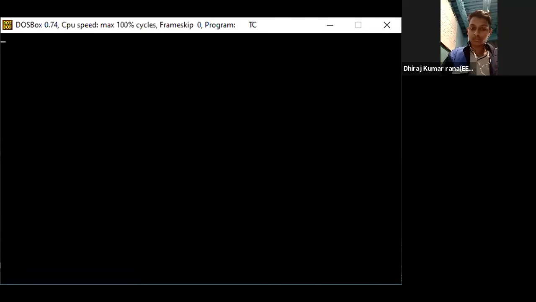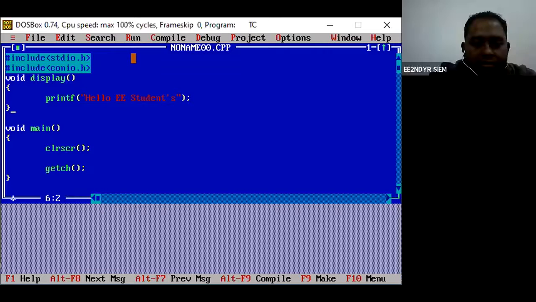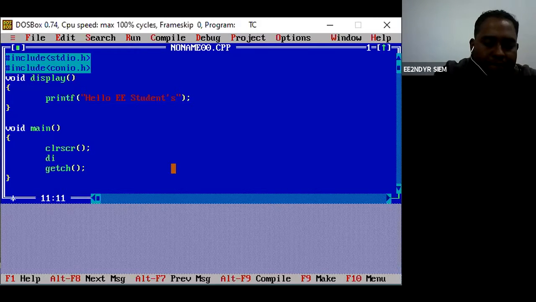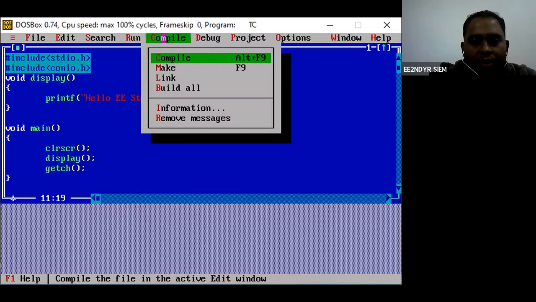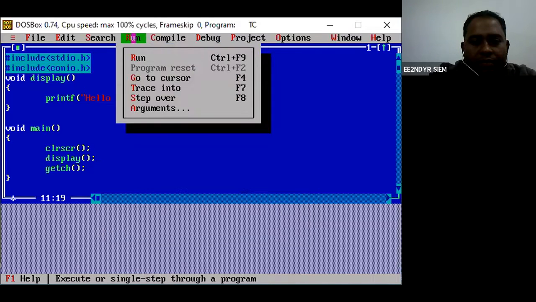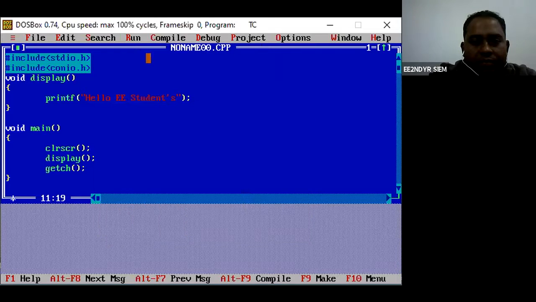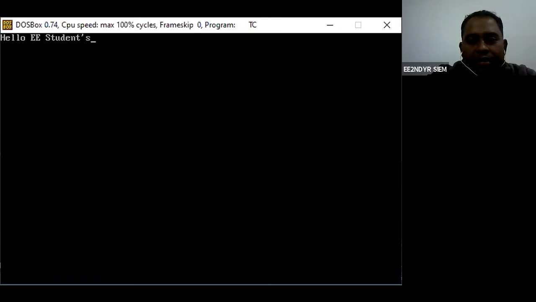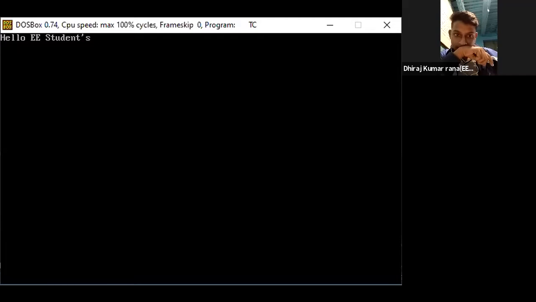It's blank. But if you call this method out here, now you can see the output: hello electrical students.